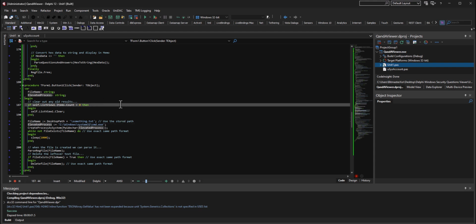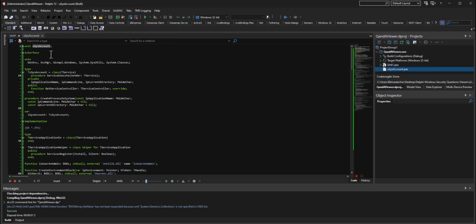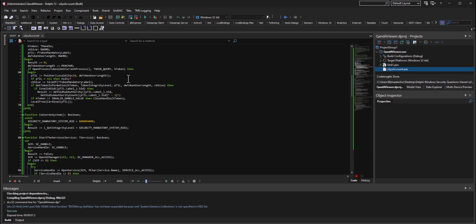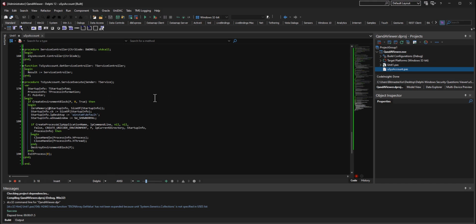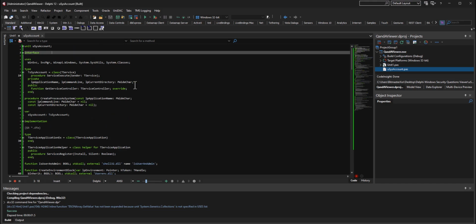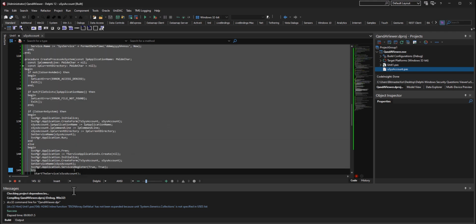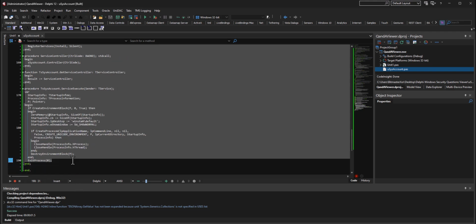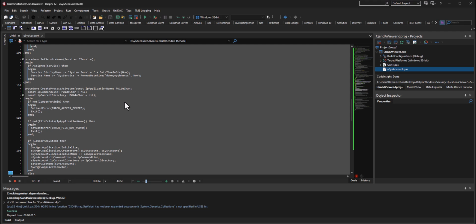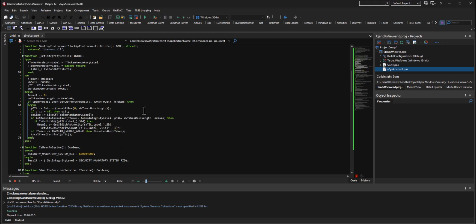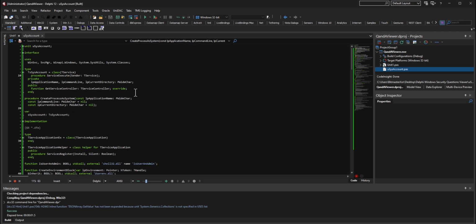So essentially we're done, but I will go over this code a little bit, just real quick, to help you guys understand a little better. This entire unit's purpose is to ensure that we are elevated and we're using the system level token to be able to actually do stuff, right? So when we're looking at this,